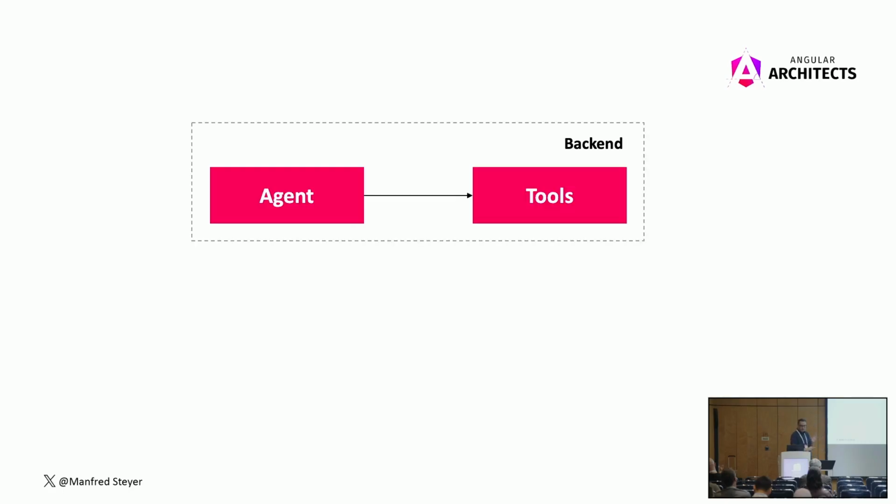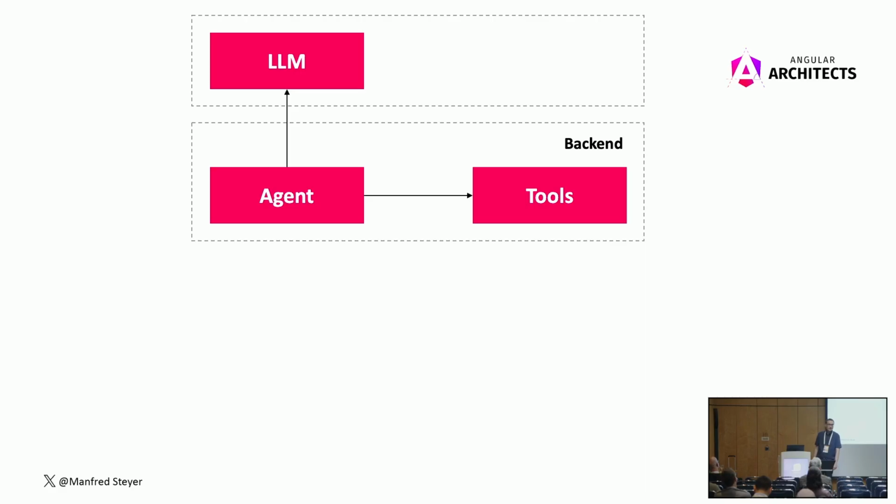When we look at such an architecture, we see quite often in the backend an agent that is communicating to tools. Tools performing database queries, finding out about your booked flights, finding out about how to cancel a flight, with which costs it comes, or perhaps sometimes it produces a side effect, like actually canceling or booking a flight. This agent talks to an LLM. It communicates the possibilities of the tools to the LLM, and so the LLM can decide when and how to call those tools.